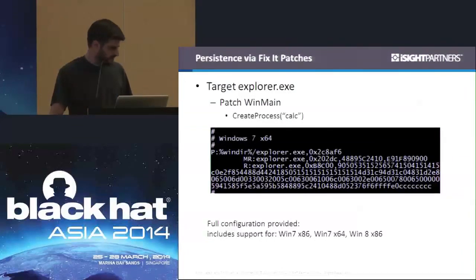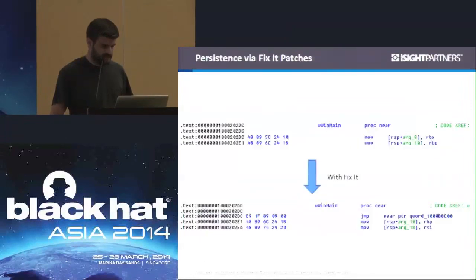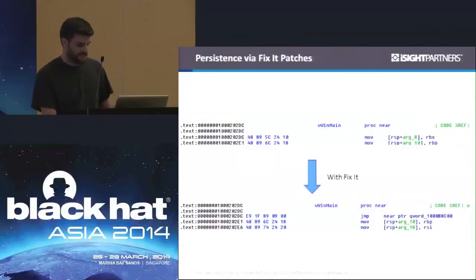So if you took this, used the tool with the -C, and then got the output from the IDA Python script and loaded Explorer into IDA, this is basically what you'll see. Before the fix-it, after the fix-it, it just has that jump instruction. That's all I'm doing. If you follow that jump,